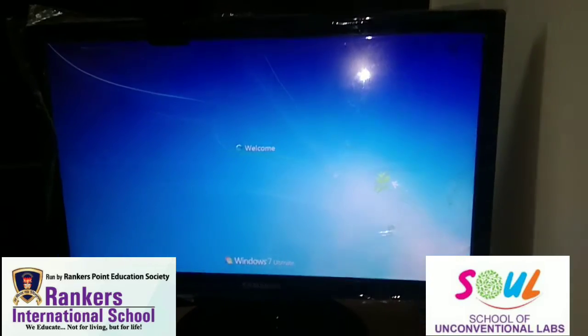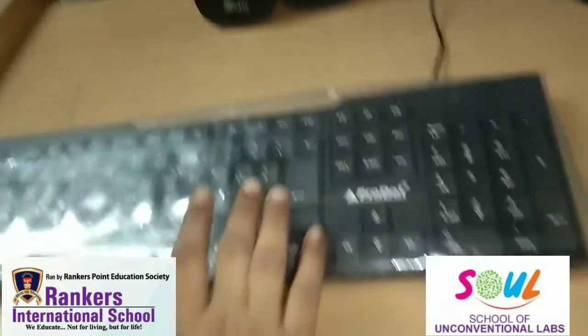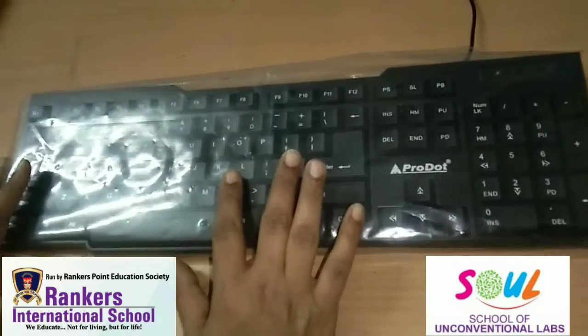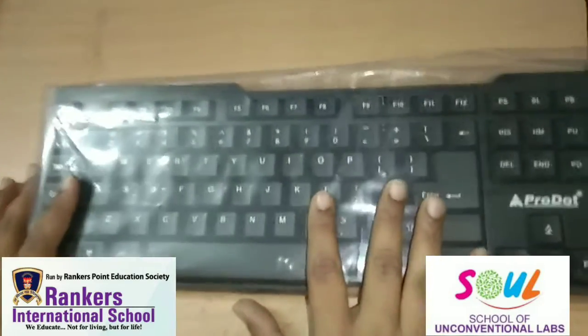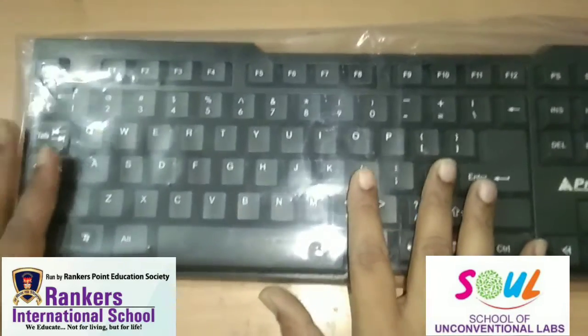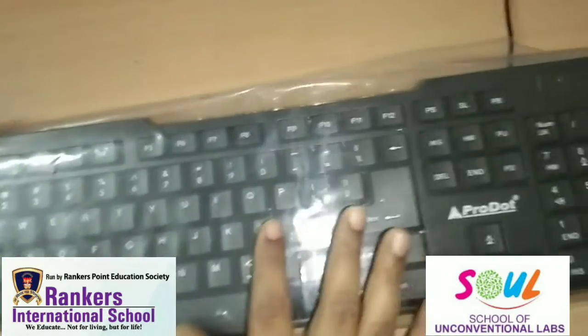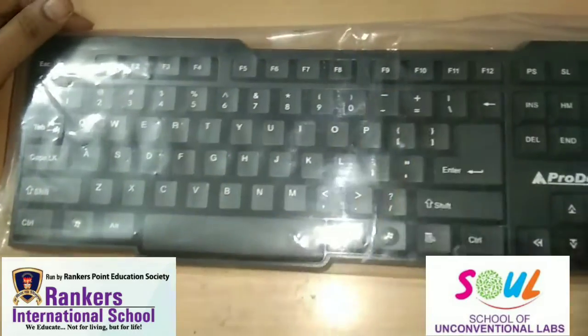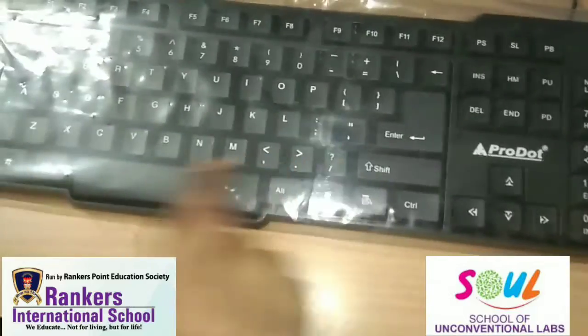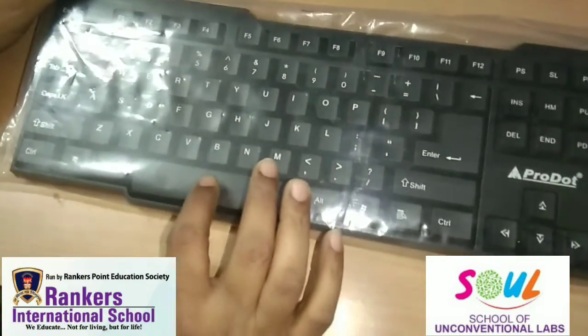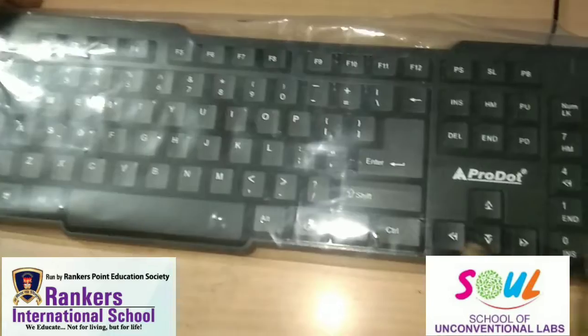Now this is keyboard. Okay, what is this? This is keyboard. Fine. Keyboard, it has so many keys. Some numeric keys are there, alphabetical keys are there, backspace, space bar is there. Okay.